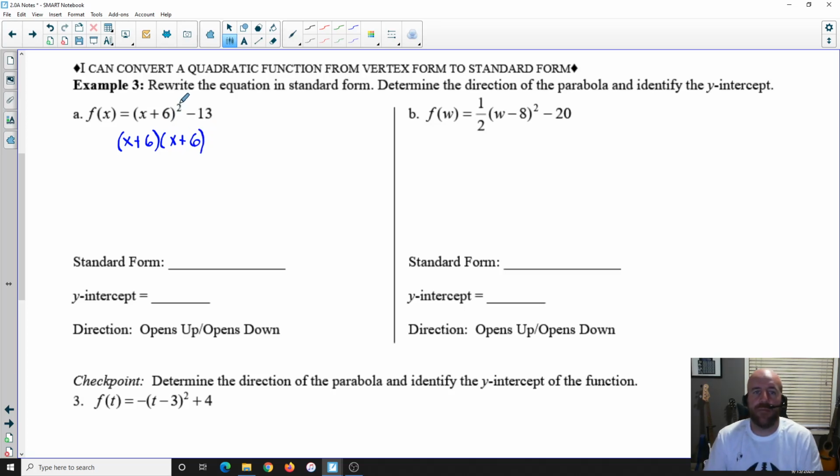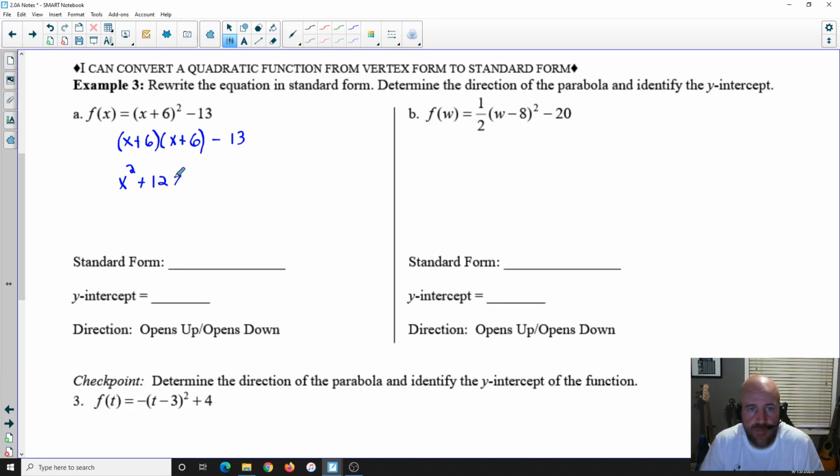Please do not make the common mistake of squaring both of these numbers and having only 2 terms, because we know we should have 3 terms at the end after we're done. So that negative 13 has to drop down too, don't forget about that. So when we multiply this out, we're going to have x times x is x squared. We have x times 6, and then 6 times x. That's going to give us a